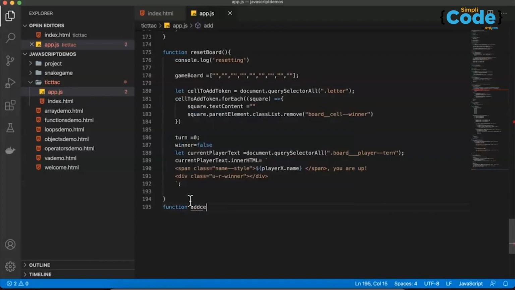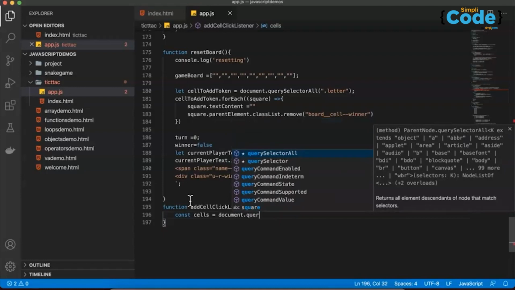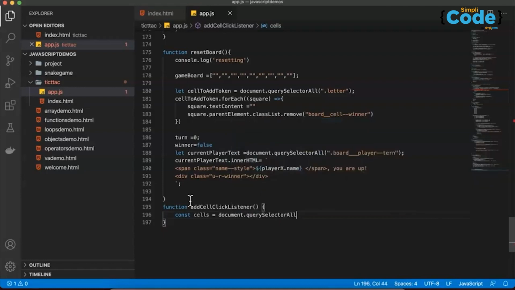Add cell click listener. That means when I will be adding or clicking something to my cell, what kind of event I would like to listen. Here we are saying const cells equal to document dot query selector all. Let's check the condition board